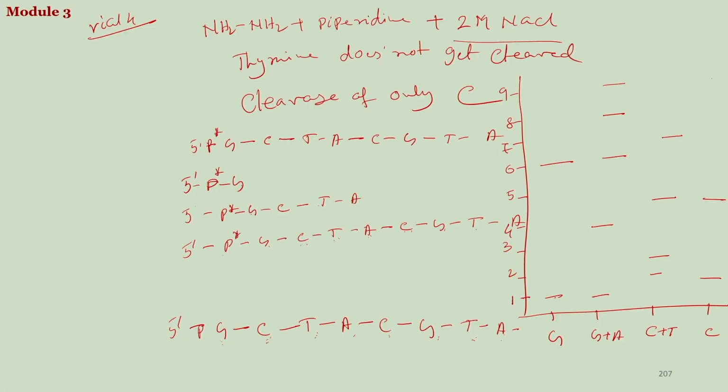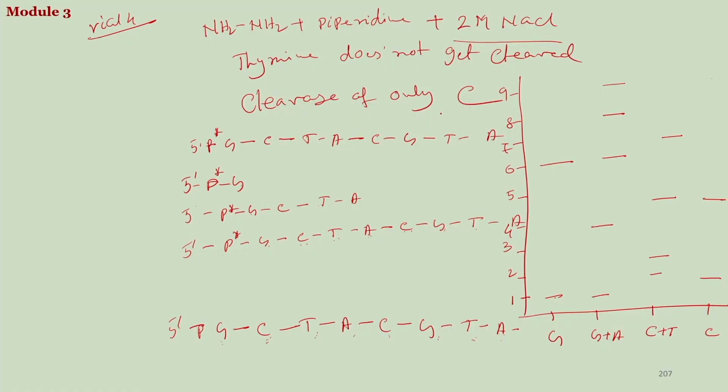I would like to clarify something from the last lecture, in the Maxam-Gilbert method, the gel electrophoretic diagram. There was some mistake in it, and I think I have found the issue. Our target sequence was 1, 2, 3, 4, 5, 6, 7, 8, a total of 8 nucleobases, and here we have done 9. That was the problem. This one should not be there. We are only until 8,